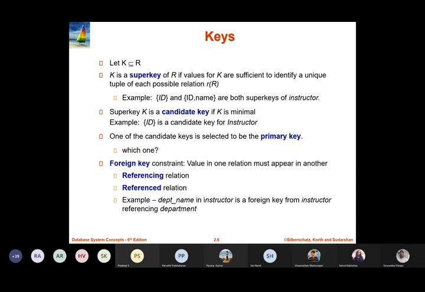So the primary key is used to uniquely identify a particular tuple in a relation, right? If a particular attribute is taken as a primary key attribute, it should have only distinct values for each and every record, right? And whenever you are referring to the primary key of one relation in another relation, we call it a foreign key,